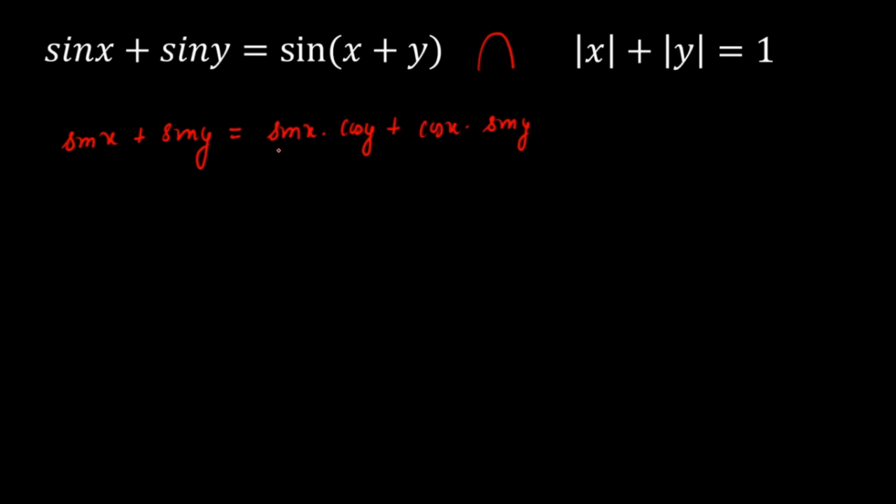Now I'll do one thing, I'll take this term on the left hand side. As you can see, I can take sin of x common. So let's take sin of x common, and the remaining I'll write here, 1 minus cos of y, plus, again I'll do the same thing, I'll take the second term on the left hand side and I can take sin y common. So taking sin y common, I'll get this as 1 minus cos of x is equal to 0.